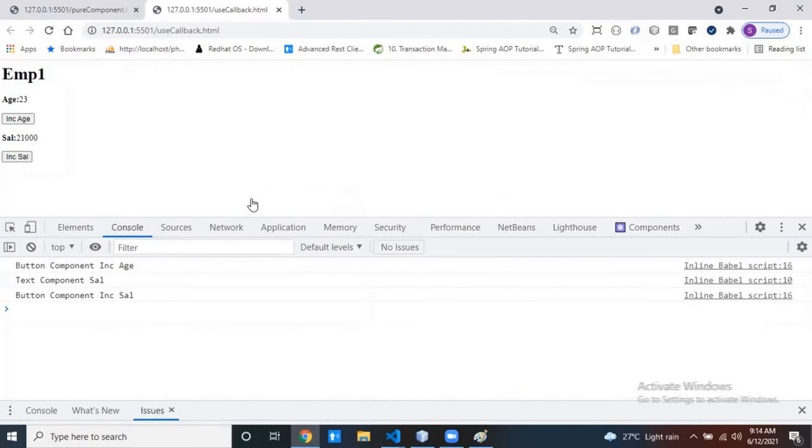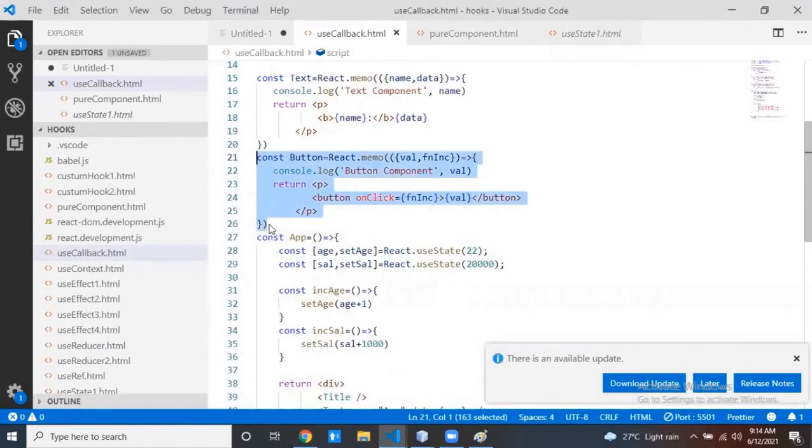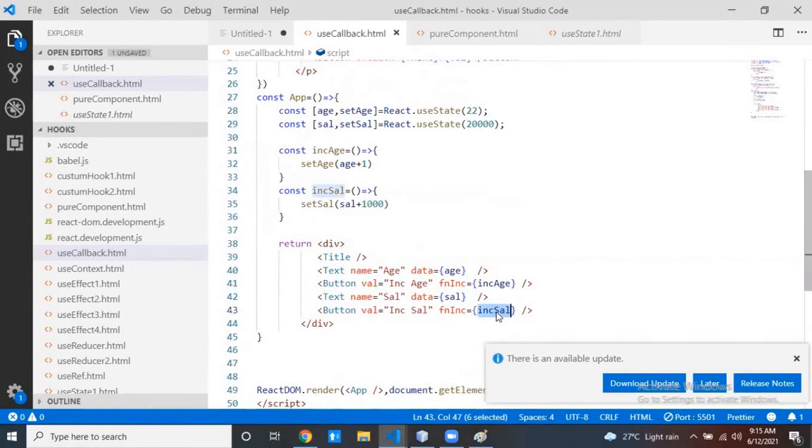Okay, again, if I click on this button, see here, both button components are executed or not. I want to prevent that also. I want to stop this re-rendering, so that only the button you click re-renders. Here there are two methods: one is increment, another one is increment salary. Can anyone tell, when we give one method to some other person,